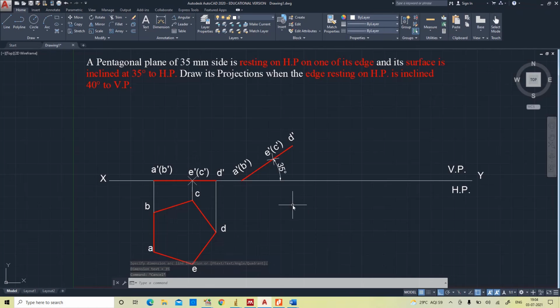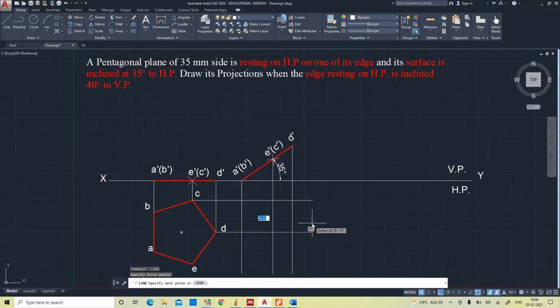To draw the top view, draw the projectors. Now horizontal projectors from all the vertices.